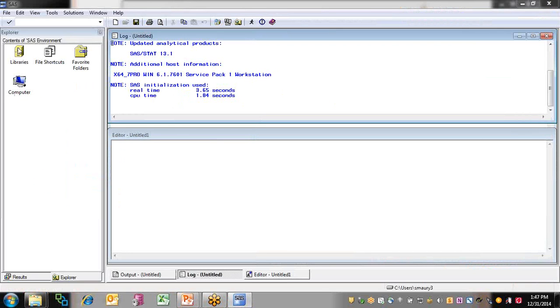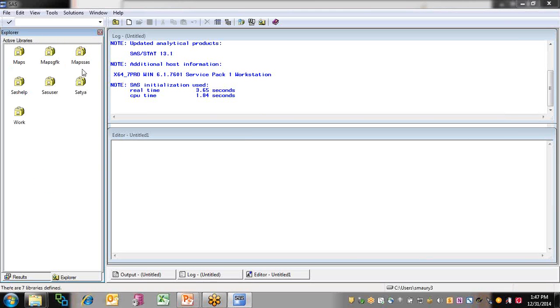It's open now. I'll see into libraries. So you can see Satya is there. As I have selected that enable at startup, that is going to retain the reference to the location in the SAS itself. And this is exactly what I want, right? I have created a library manually, and now whatever database I create here in Satya will be saved into that particular location which I browsed, right? So this is one way how to create a